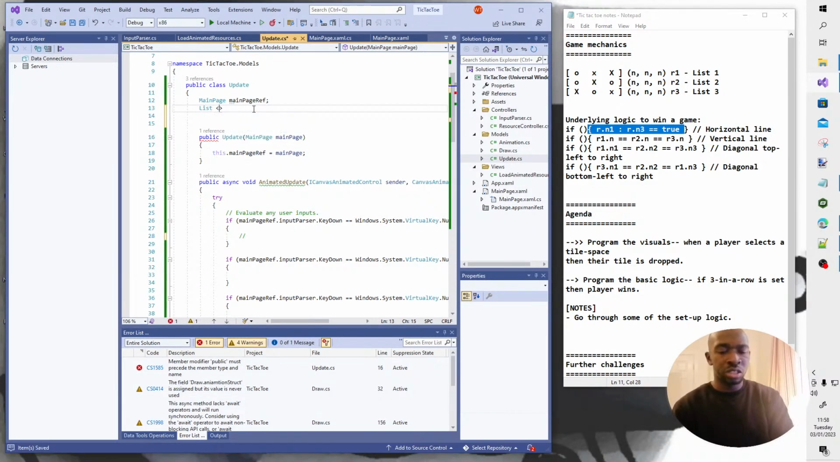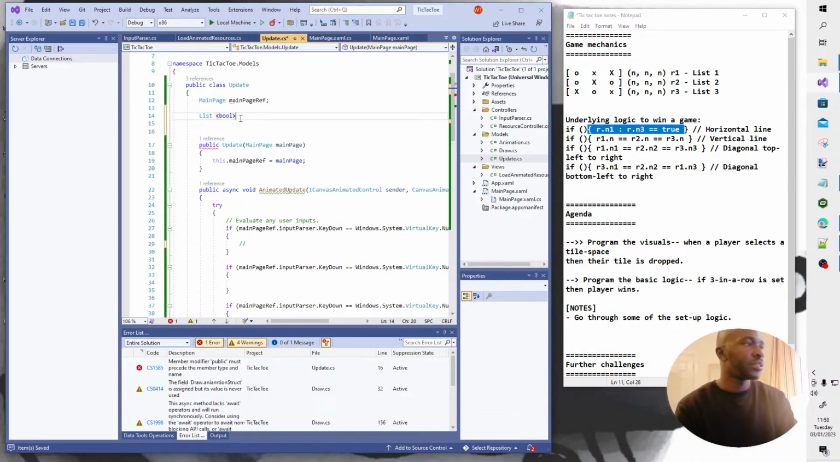Let's make it a list of Boolean values. So Boolean being true or false, it will be either X or 0. So we'll make it a list of Boolean. And we're going to make 3 of them. We can put all 3 in the list itself, which I might do. So I'll say list,